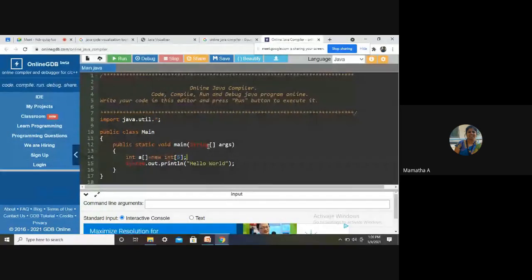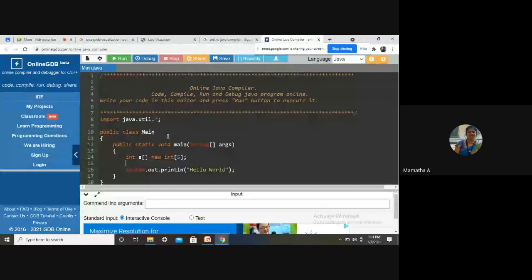Fine. Now what I want is, instead of giving values, I want the values to be read from the user. If you remember, to read the values from the user into an array, which control statement should I use?